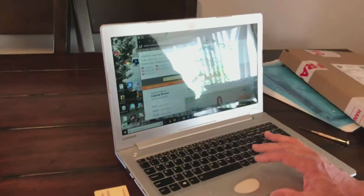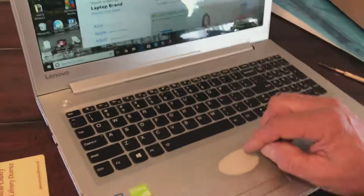gentlemen, you can see, look right down here on my little mouse pad. You can see it's been very